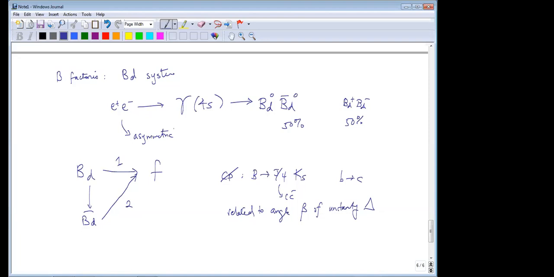Maybe it's something else. But if it was something else from new physics, you'd have to work pretty hard to understand how this tree level process, remember B to charmonium transitions are tree level, could somehow be mocked up by new physics, which often comes in a loop or has very strong constraints on it, okay? So this was measured in 2001 and the dust settled a few years later, and this is one of the places where, as has happened in many sectors so far, the standard model reigned triumphant, and indeed this beta angle through this process was measured and interpreted and completely consistent